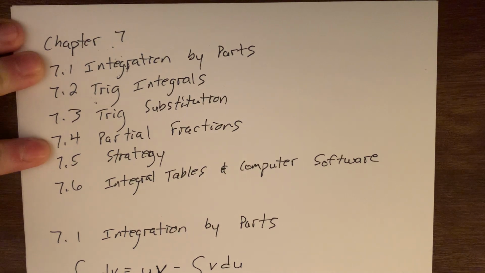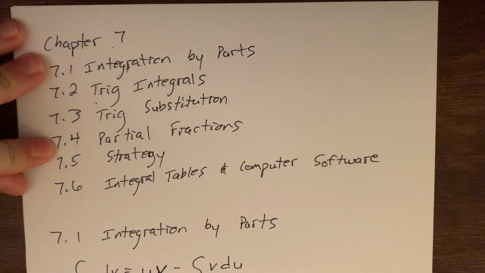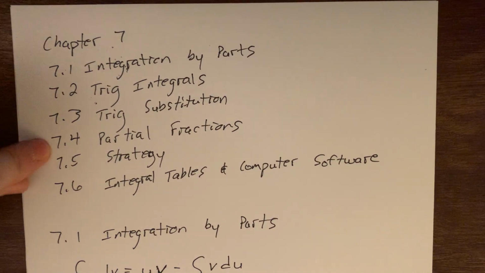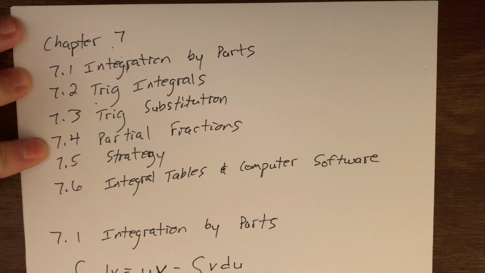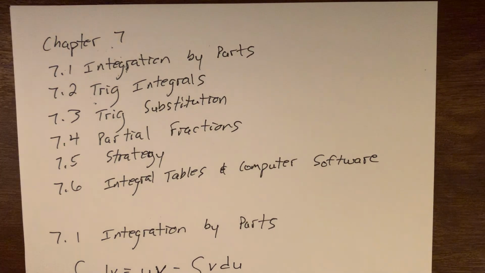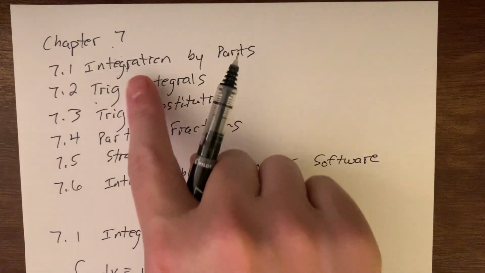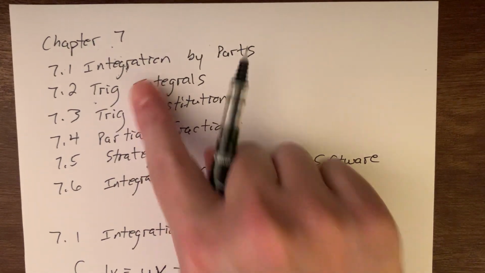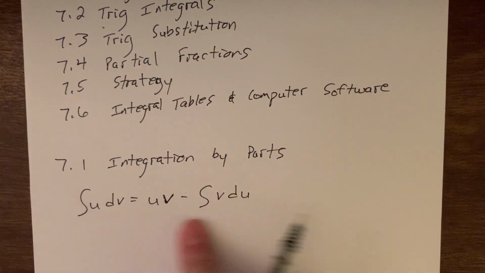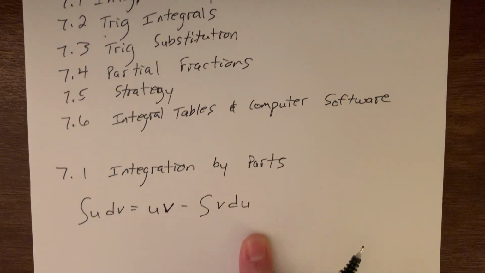What we will see as we move through these sections, we will have general ideas, when to try and apply these. But all of these, I don't want to compare them too strongly, but they're a little bit similar to U substitutions. U substitutions don't solve the integral for us. All the U substitution does is somehow simplify the integral so that we can solve using traditional techniques. And we're going to see that's kind of what we're going to see here. We'll get into integration by parts in just another minute. There's a formula and some very clear cases where this formula will help us,